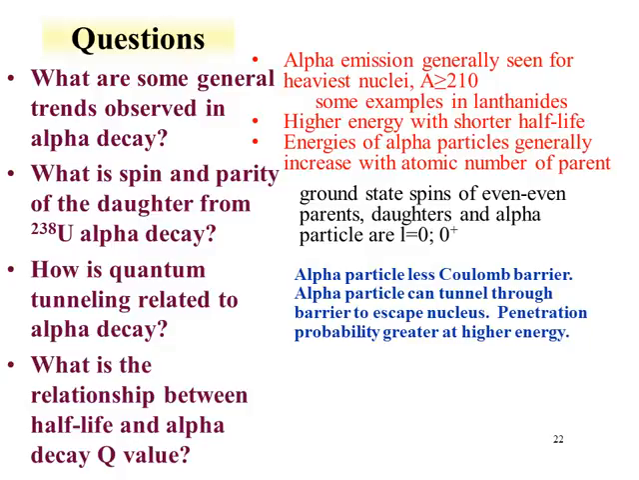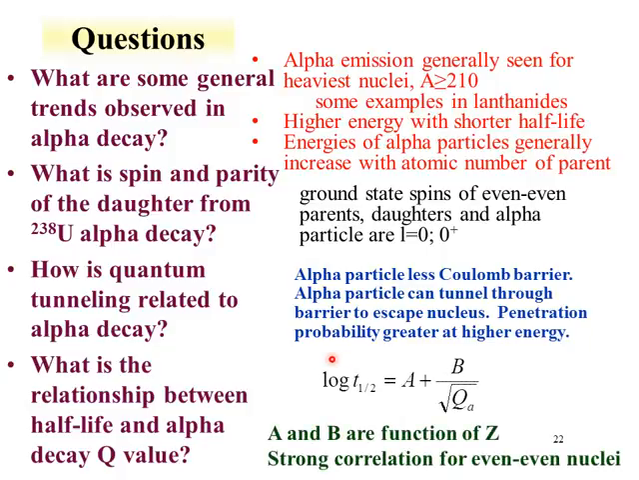So what's the relationship between half-life and alpha decay Q value? Well, there's actually an equation that we talked about where the log of the half-life is equal to a constant A plus B divided by the square root of the Q value for the alpha decay. A and B are functions of Z, so a function of proton number, and there's strong correlation for even nuclei. You could determine these factors by plotting the log of the half-life in the same unit, generally seconds, against 1 divided by the square root of the Q value for even nuclei